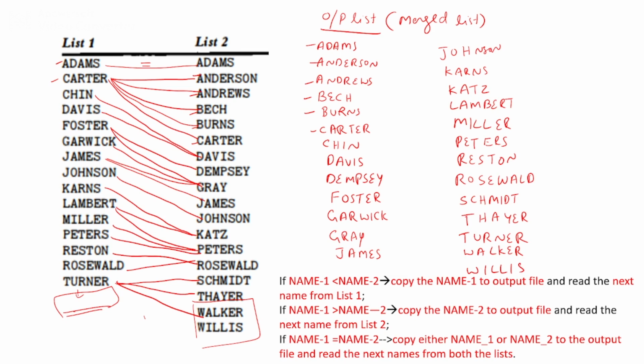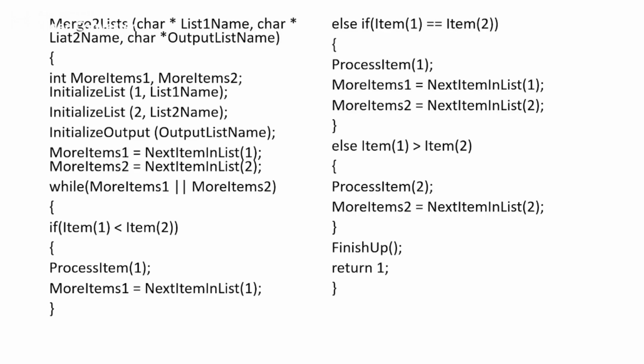So now what you have got, actually you have got everything which is there in list 1 and list 2. You cannot see any duplicate entries over here, and also your output list will be in a sorted, ascending order. So this is called the co-sequential merge process, and this is the function of the merging process.